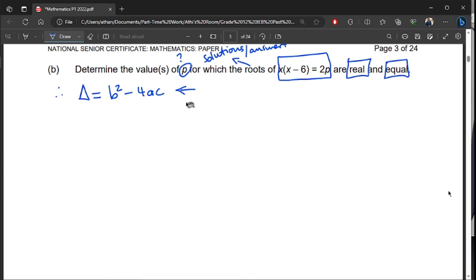But if this number is less than 0, that means the roots will be non-real. When the roots are non-real, it means the number under the square root becomes a negative number. Okay. Let me make this practical. I'm just gonna put here